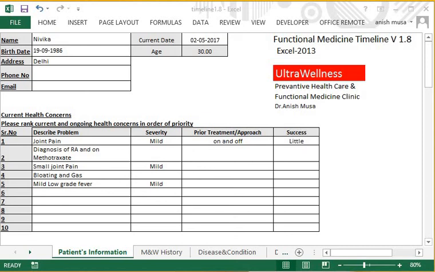Good morning friends. Today I am going to show you a demo of functional medicine timeline. We had created this timeline in Excel 2013, so minimally you require Excel 2013. My name is Dr. Anish Musa and today I am going to show you how we can create a timeline